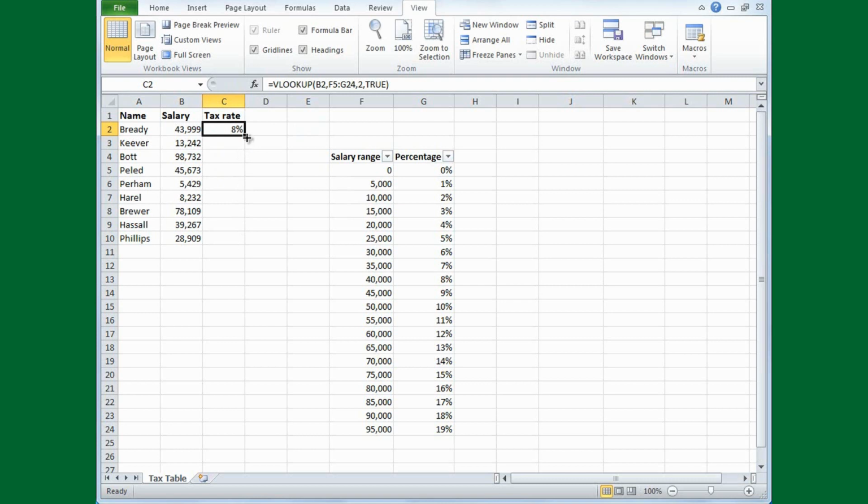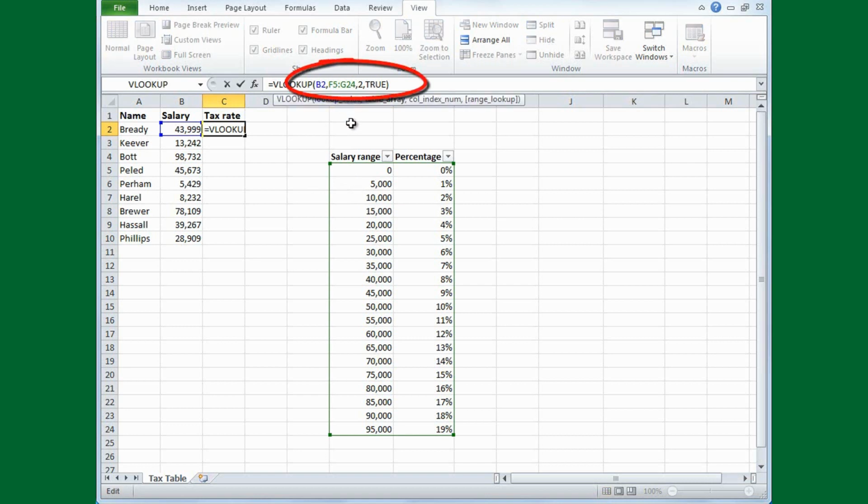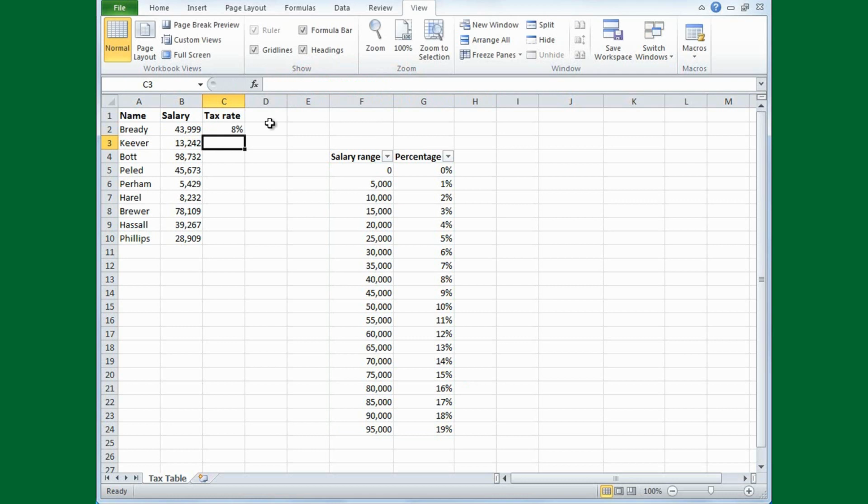When you copy this formula, you need absolute cell references to lock the cell range of the lookup table. I'll go up here in the formula bar, and this formula has relative cell references so far. To convert F5 into an absolute reference, I'll press the F4 key on my keyboard, and the dollar signs indicate that it's absolute, and then I'll click in G24 and press my F4 key again, and now G24 is also absolute. I'll press enter, and now I'll